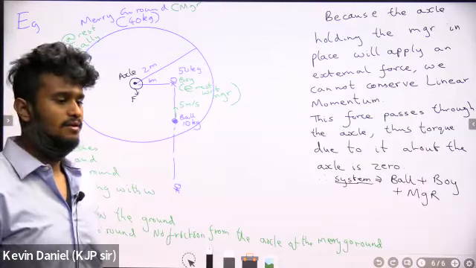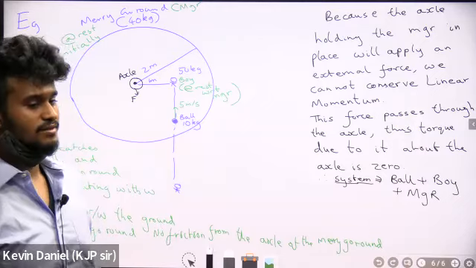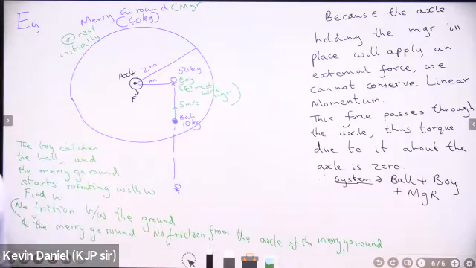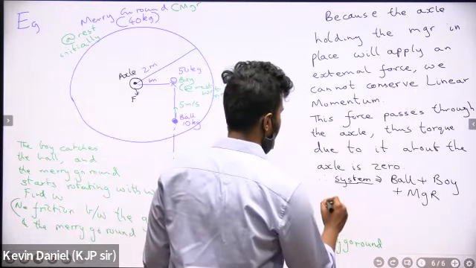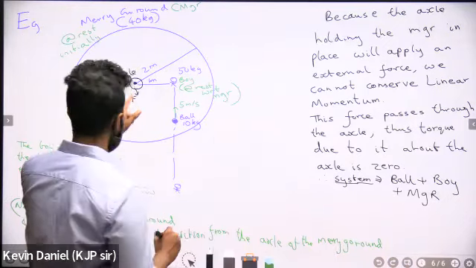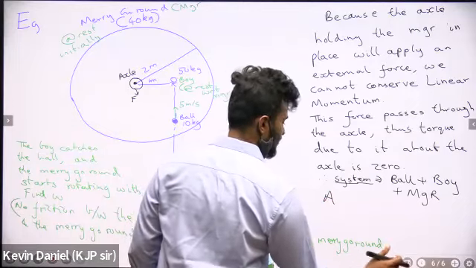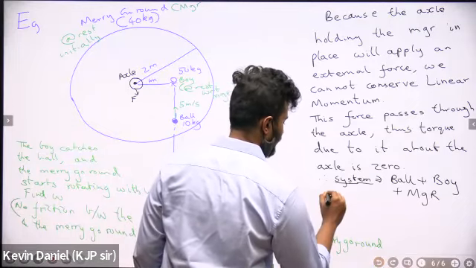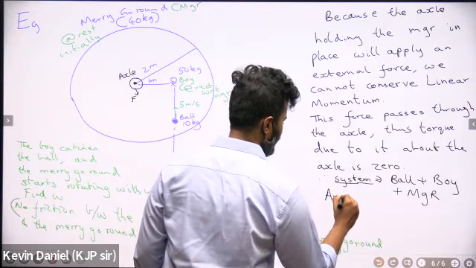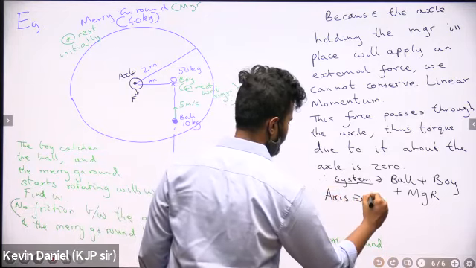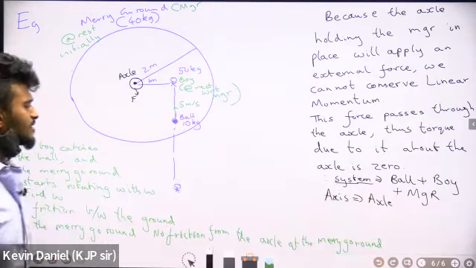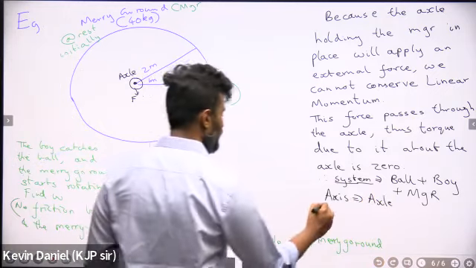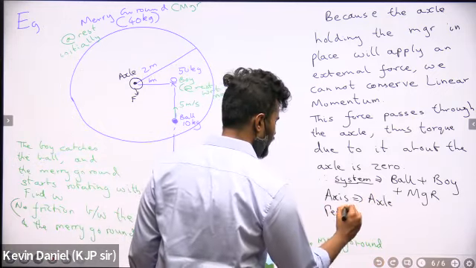Omega is equal to 5/18. I'll check. But idea, I hope clear है. क्यों system ऐसा ले रहा है ना? And system ऐसा लेने के बाद क्यों हम ये axis ले रहे हैं? So our axis is the axle itself, the rod holding that thing in place, or the center of mass of the merry-go-round. That is our axis. And because torque external उसके about 0 है,